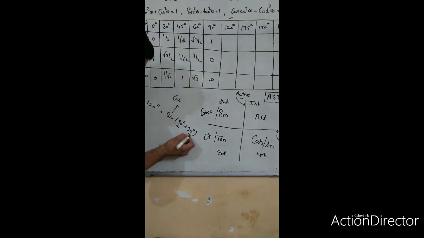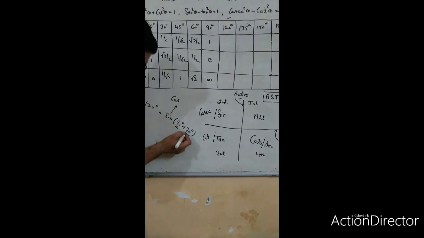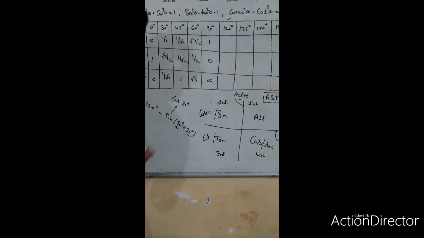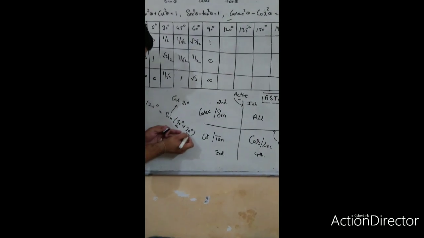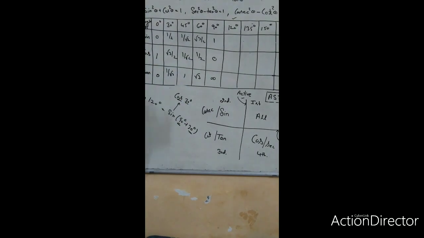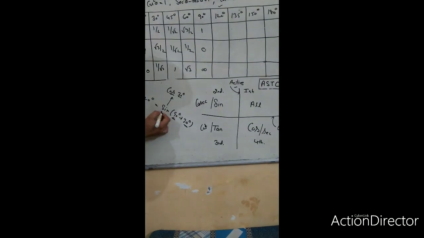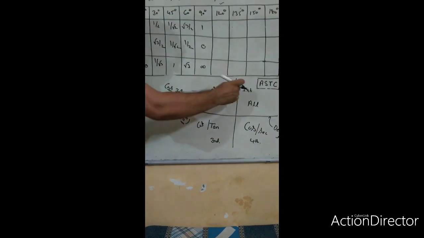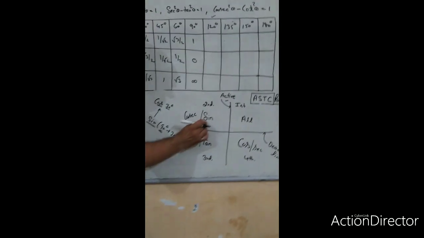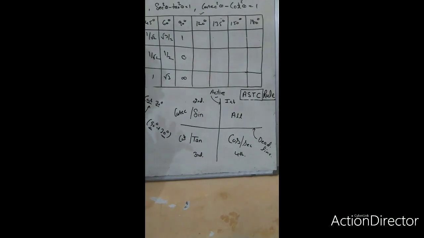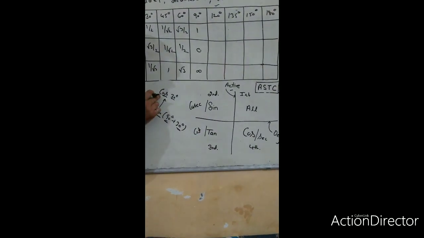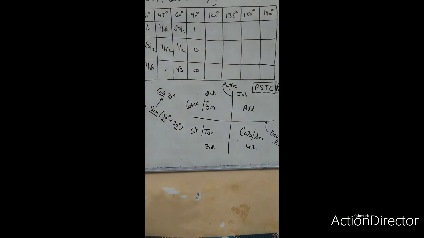Now, 90 plus theta, sine changes into cos, and it will take the 30 degree value because that quadrant is over 90 here. You have to take the extra 30 degrees. That's why you take 30 degrees for cos. Now what about the sign? You have to check the sign here. Whichever quadrant we want to convert, you take the sign of it. Okay, in that second quadrant, because we have crossed the active line, sine and cosecant are positive but the rest are all negative, but here our answer is cos.